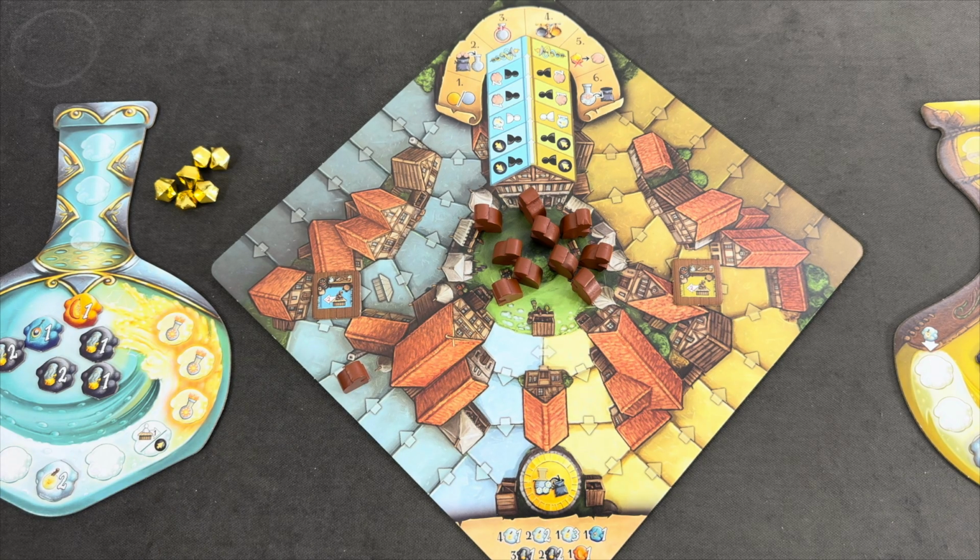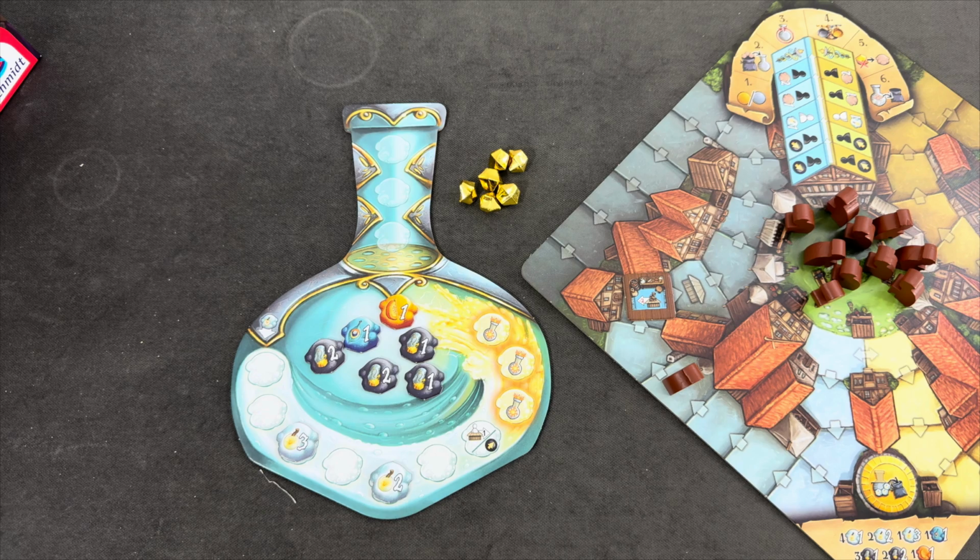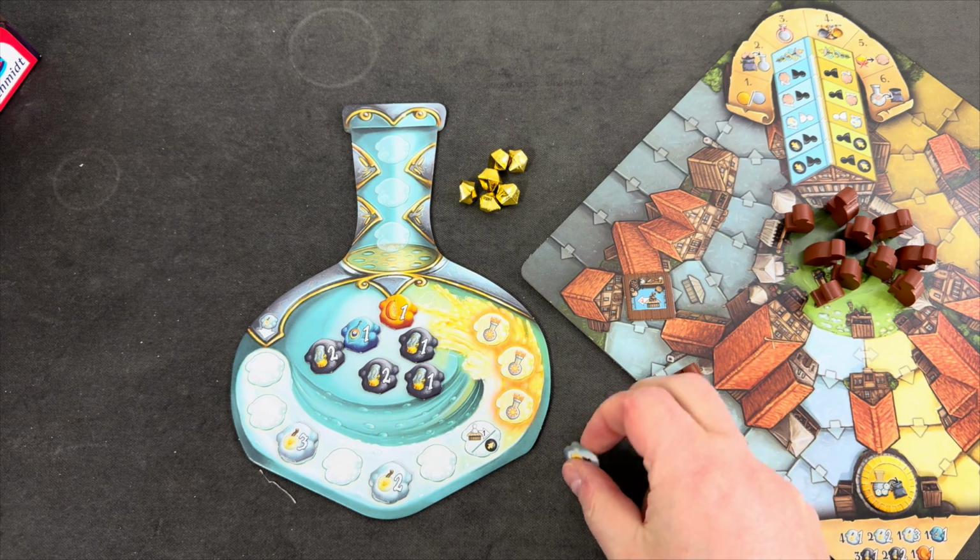Let's see about that. Blue is still the active, or still in the game. Again, yellow has decided to stop, so their turn, or their round, is completely over. And blue is actually hoping for the P with a value 2. This would be amazing. Wow,